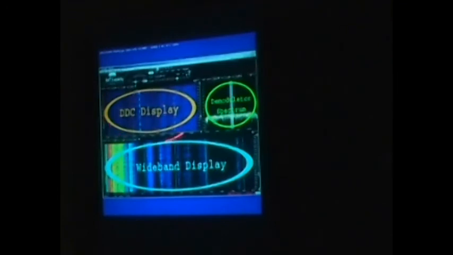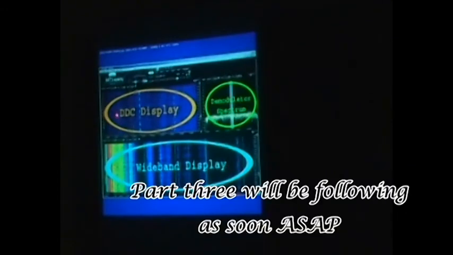This area of the display, the direct digital conversion window, is what we're particularly interested in, these two windows here. In this area, you might say that we can't receive all of that in one go. What we can do though in here